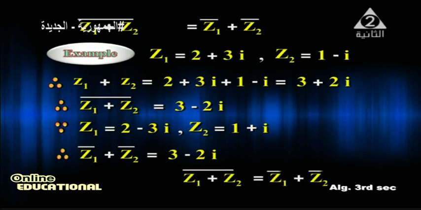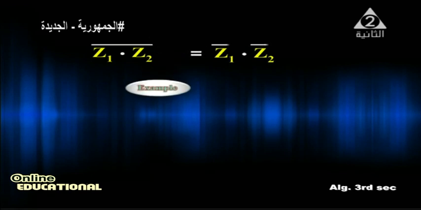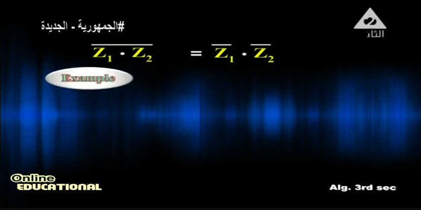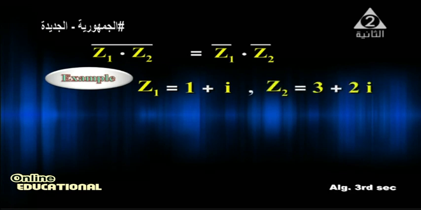Therefore, we deduce that the conjugate of z1 plus z2 equals the conjugate of the first plus the conjugate of the second. The conjugate of z1 times z2 also equals the conjugate of z1 times the conjugate of z2. Example: z1 equals 1 plus i,